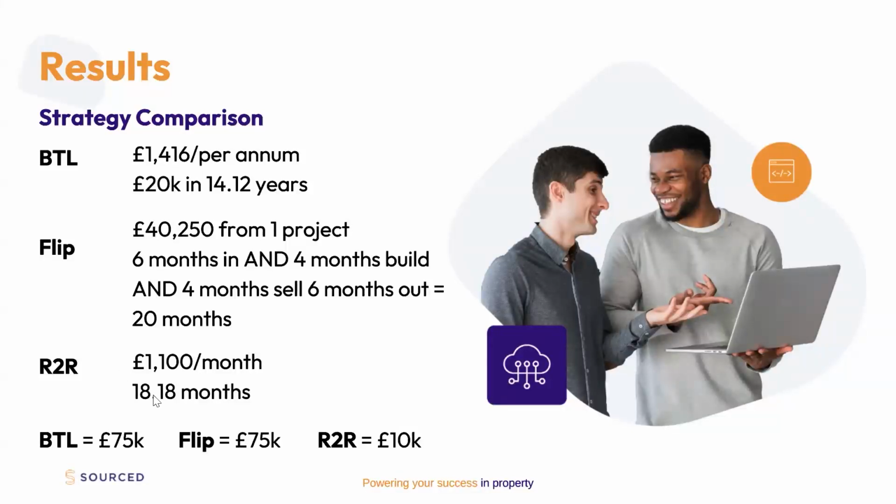Then we've got rent to rent. You'll do that in 18 months, and that's £1,100 per month. But bear in mind, for a buy to let, you need 75 grand. For a flip, you need 75 grand. For a rent to rent, you're going to need about 10 grand. So rent to rent is a much better way if you do have that money in your pocket